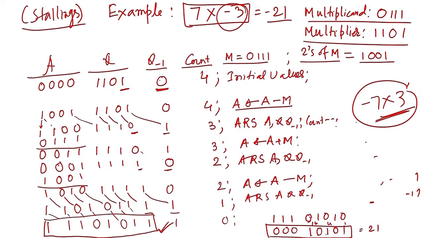So, we can note down the result here, 1 1 0 1 0 1 1. Let us start with minus 7 into 3, and then after that we will do it with a big number. So, that we will see. Now, we will perform minus 7 into 3.